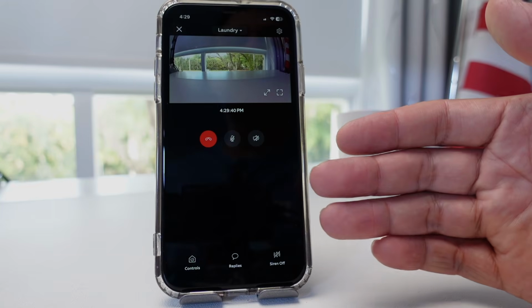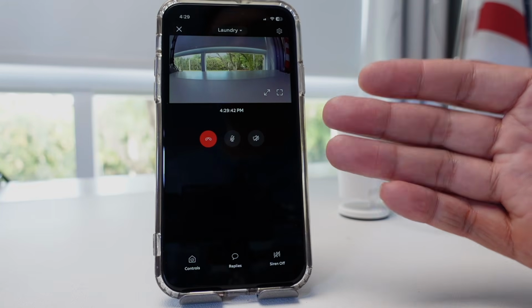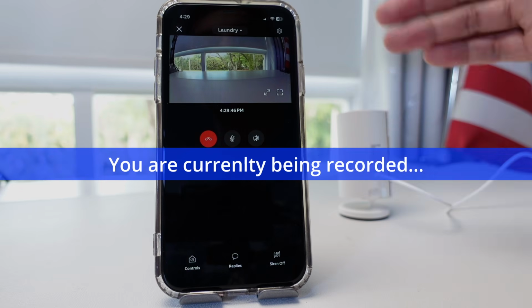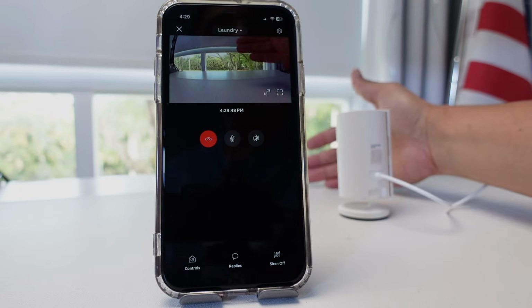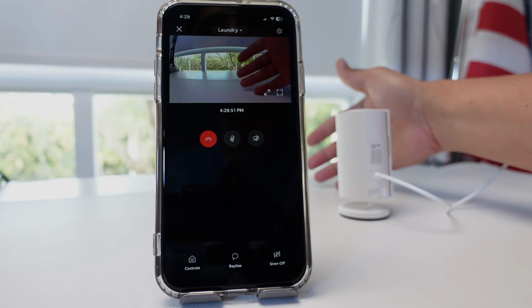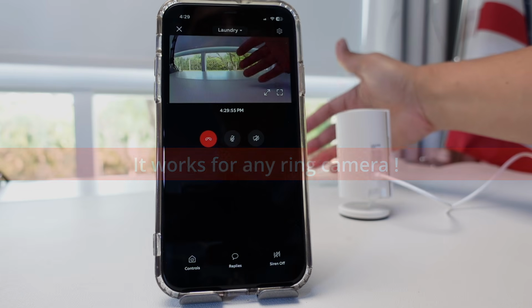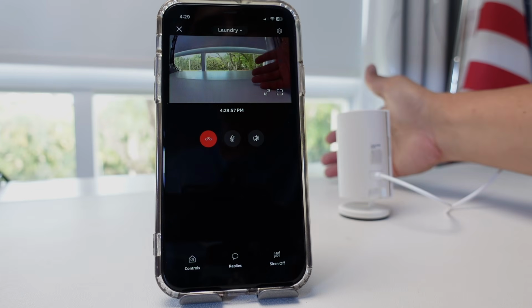Hey guys, let's see how you can enable the message on Ring. That message, you are currently being recorded, okay? When somebody approaches the camera or when there's some motion in front of the camera, you can get the message, right? You see that sometimes it's not working because you just need to set up the sensitivity and other stuff